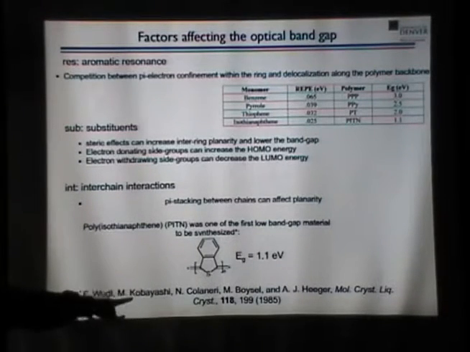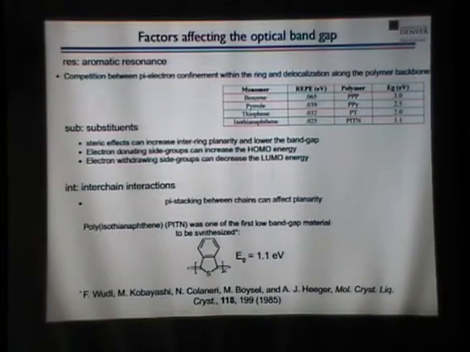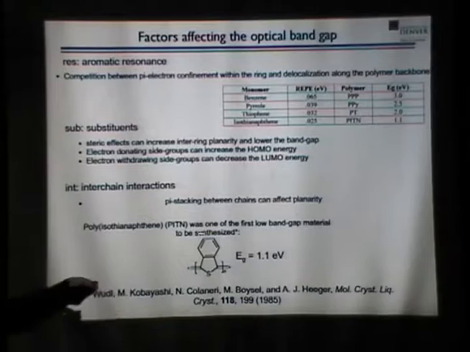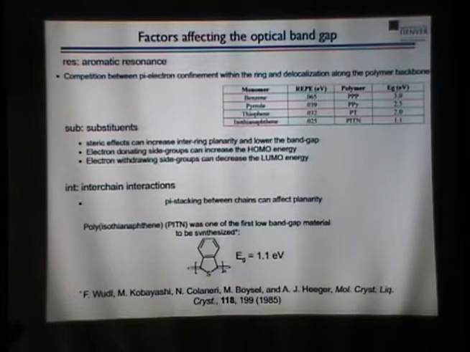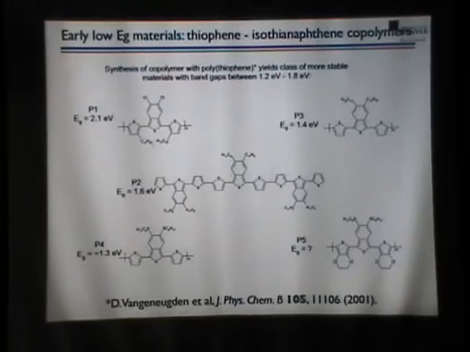It went from 2 eV down to 1.1 eV. So this material was a little bit hard to work with. It wasn't very processable. So the chemists decided that they could use the structure, but put it into a more complicated polymer. So about 10 years ago, we were playing with this material, and we had some copolymers that were